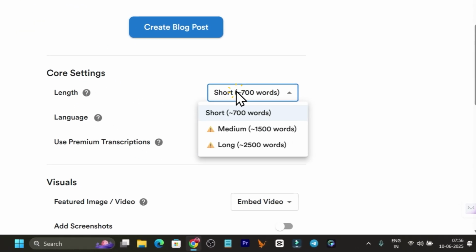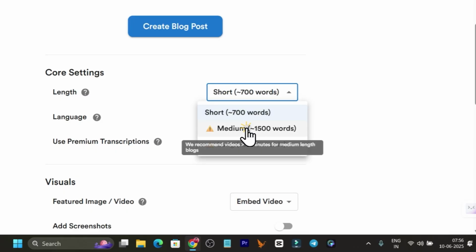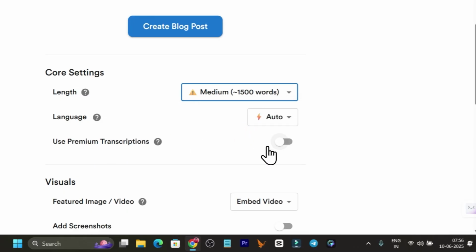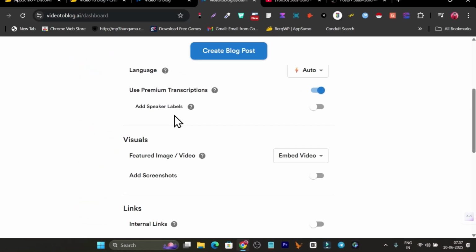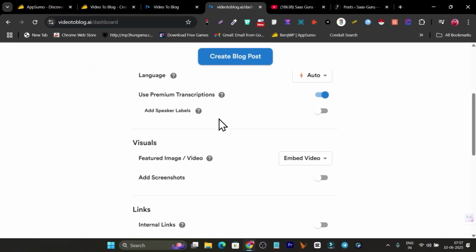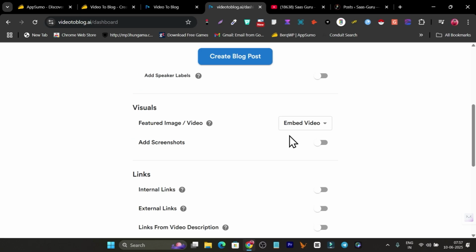So here you can choose the word length. I will go with medium. The premium transcription, I will enable this one, or you can also add speaker labels if you want. If you have multiple speakers in your video and you want to add them in your article, you can do it from here. Now you want to add a feature image, so I will go with the embed video,